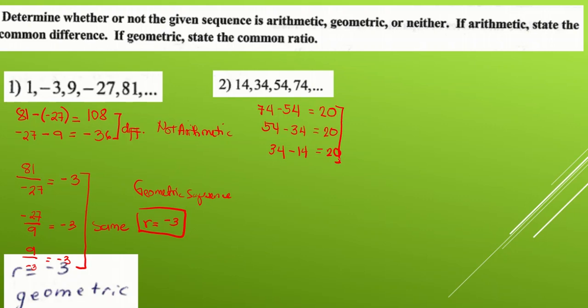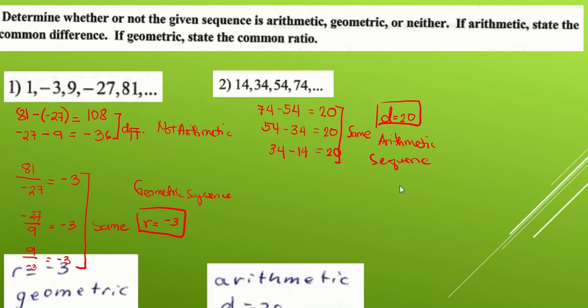So since this is the same, and you use subtraction as operation, then you know that there is a common difference, which is 20. And that makes this one an arithmetic sequence. Okay. Next,